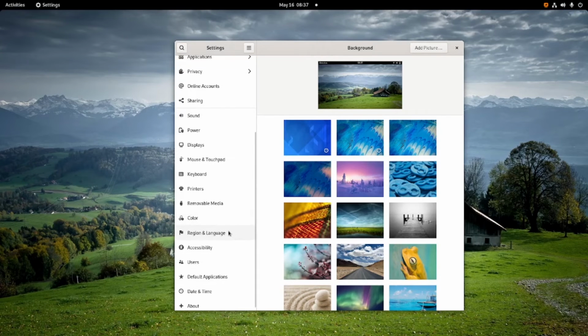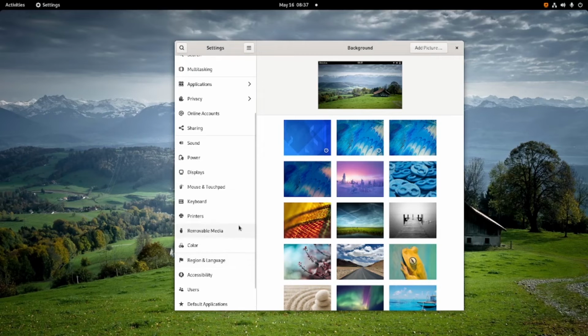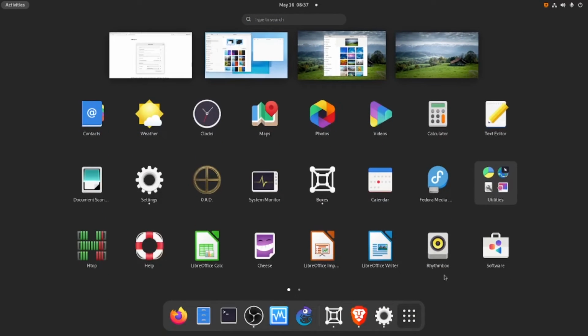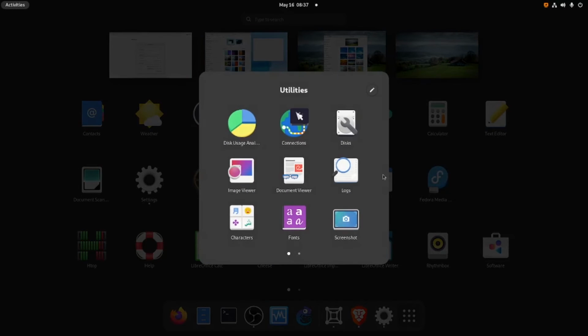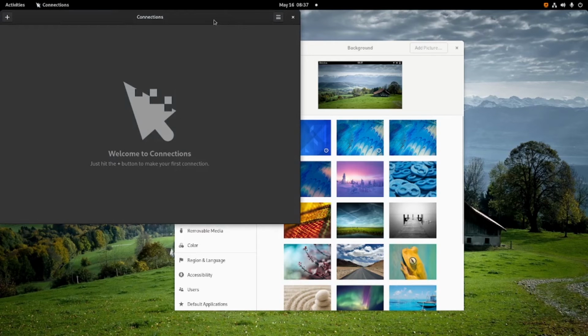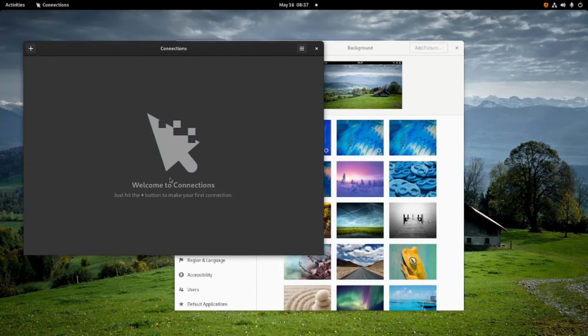Actually, I never tried the RDP, but as far as I know, starting from Fedora 34 or 35, there's an app called Connections. I never tried this application, but I think it's for doing remote desktop.